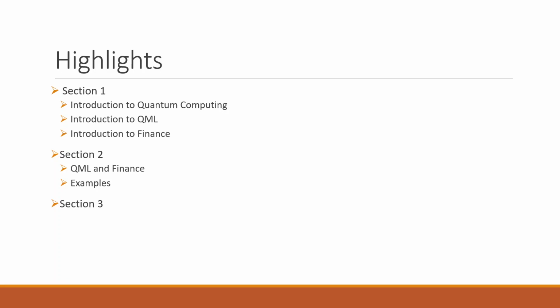The last and final section of this book is section 3, where they talk about the supporting technologies, like various other technologies going on in today's era, like HPC for example. They have also given a good hardware roadmap in the book, and they also talk about quantum workforce as well. So section 3 is probably what you can call a miscellaneous section, where they talk about everything around quantum computing. And that's it. That's the structure of the book and a brief summary of the book.